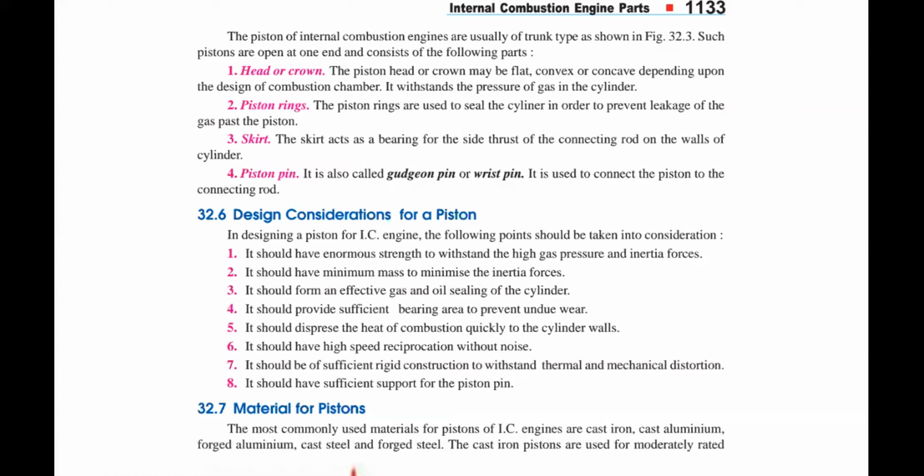Because the problems will arise mainly due to the pressure, because the main purpose is that it has to withstand the pressure of the gas inside the cylinder, so your main focus will be the pressure. Now after identifying the pressure, how much pressure it will exert on the cylinder, and what happens inside your cylinder, right? Those things you have to study carefully, because the cylinder is already designed previously.